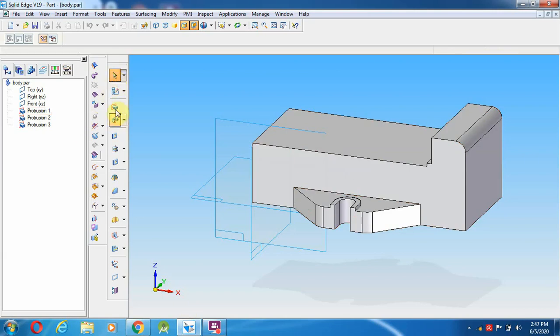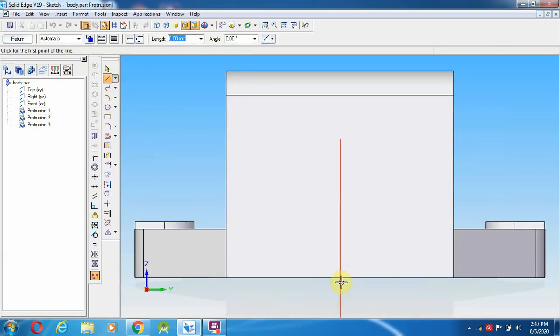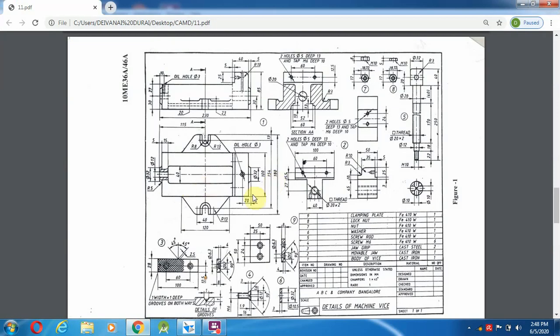So select protrusion. First I'm going to select this side from the middle, the height is 30 mm. So even you can see over here it is 30 mm, the other side is 30 mm. What is the diameter of that? So the diameter is 32 mm, and here also the diameter is 32 mm.